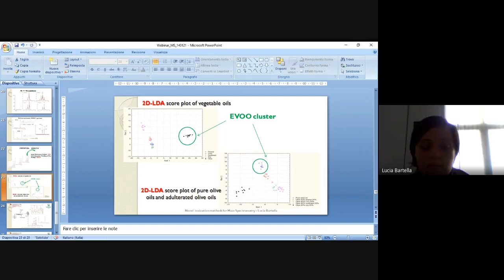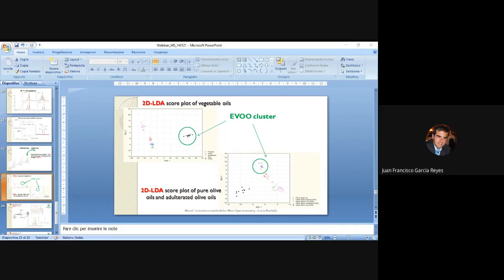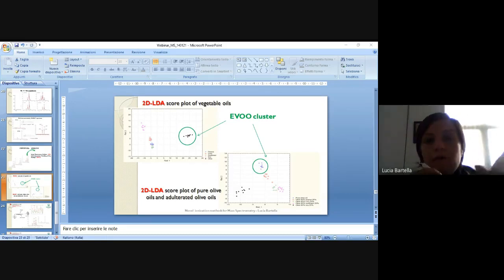So, Odysseus, what you use is a lot of signals, and I think these dots are not just signals, but they can be ratios of signals, or this type of data treatment beyond the individual mass spectral signals, right? Am I right, Lucia? Yes, we have used the total